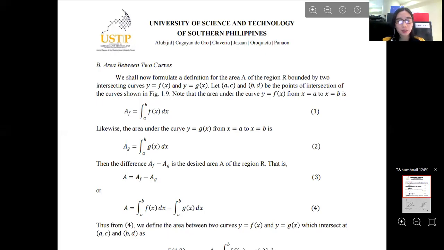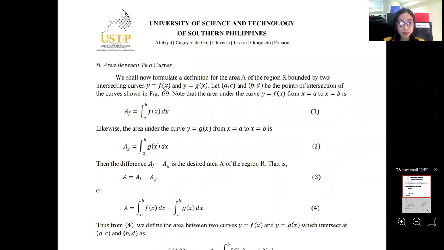Hi. So now let's proceed in finding the area between two curves. From the previous topic, finding the area under a curve, the same theory we will use in finding the area between two curves. So we shall now formulate a definition for the area A of the region R bounded by two intersecting curves